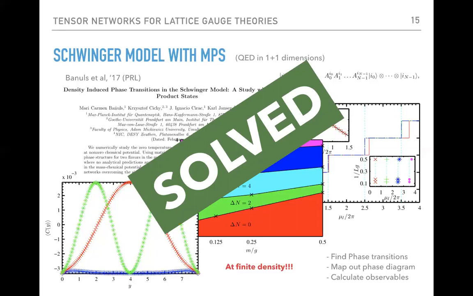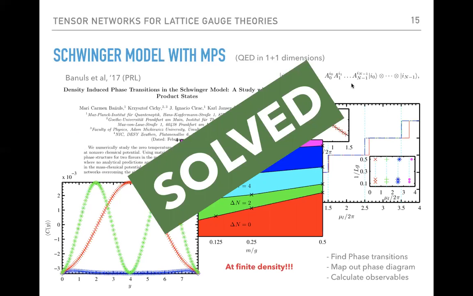Sorry, can I ask you, it's not an analytic result, right? No. This is all numerical. So they start with an MPS ansatz, and they run their DMRG, was it in this case? It's a procedure to optimize the tensors in the MPS in order to lower the energy until you converge to the ground state. And once you have the ground state, you can work with that. So it's a numerical approach, yeah.